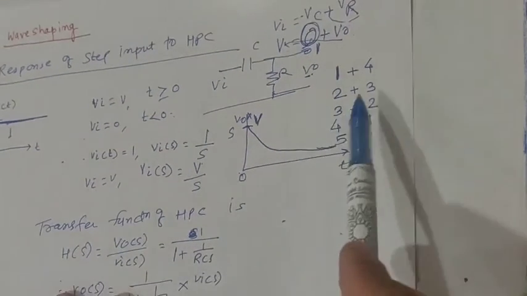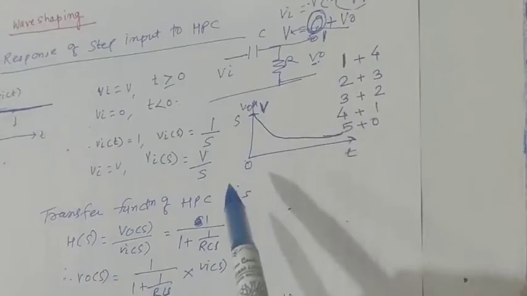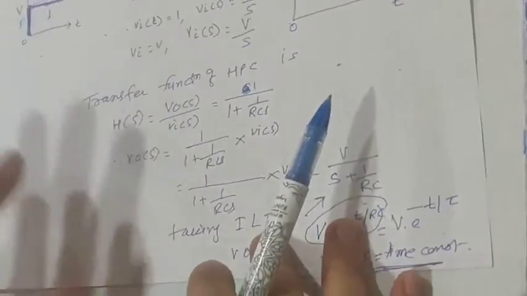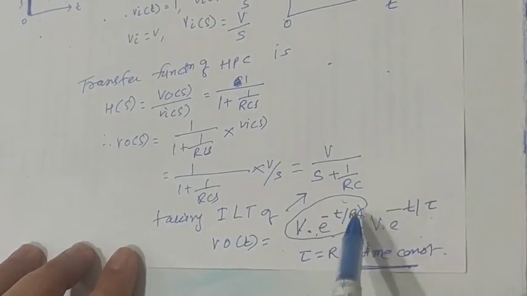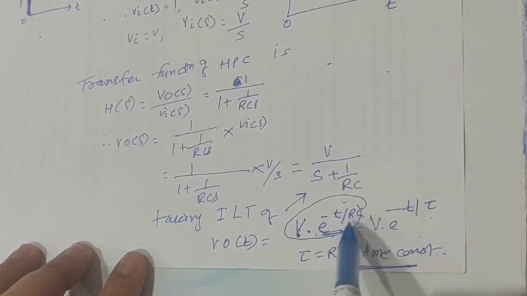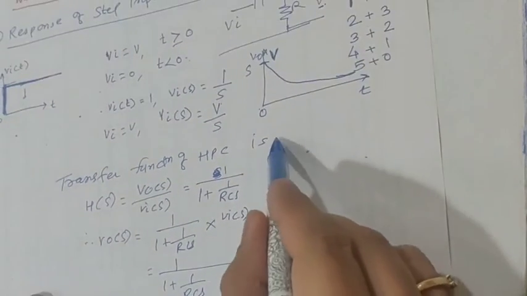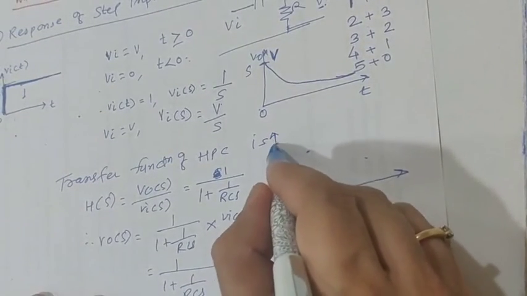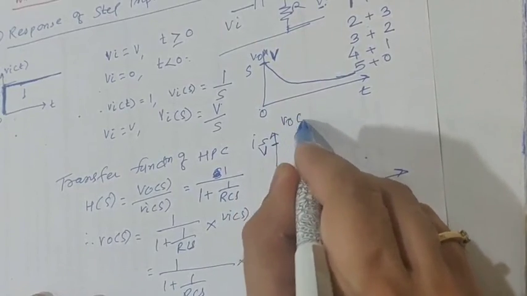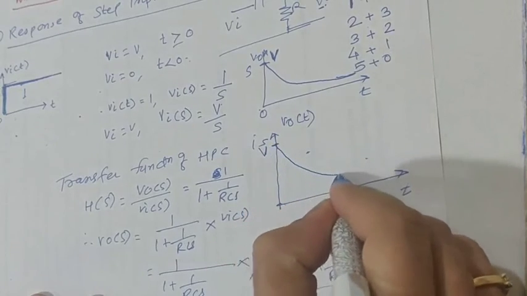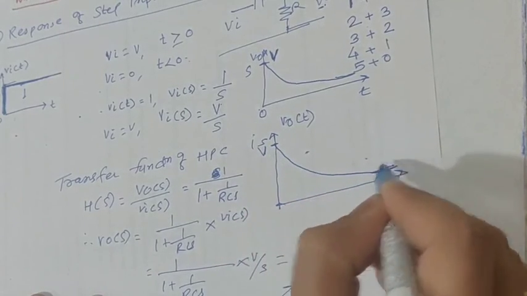Now this logical thing has been justified by the expression that you have calculated for the output waveform, that is V times e to the power minus t by RC. That is the meaning: initially the output is going to be equal to the input voltage and then it will be exponentially decaying, e to the power minus t by RC. So if I want to draw the output waveform, let me sketch it. This is V0 of t versus t. It will start with your input value and then it will decay, but it will not become 0.